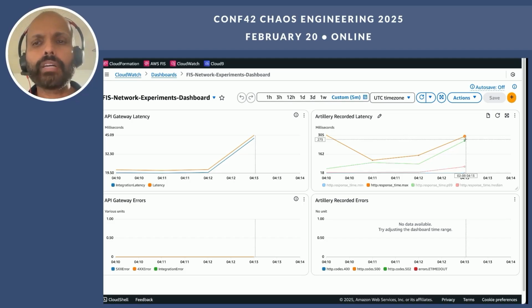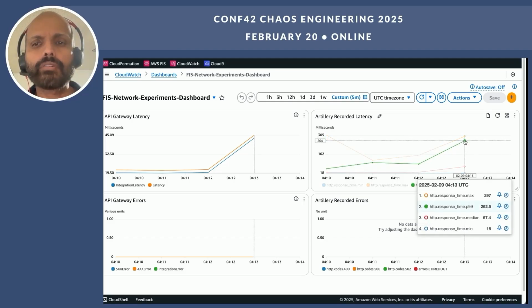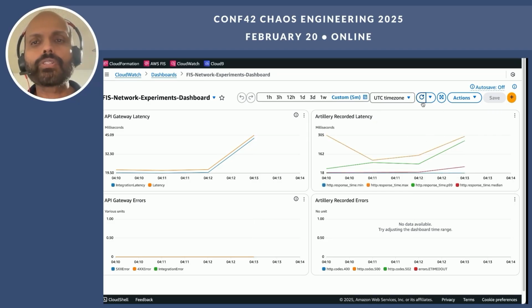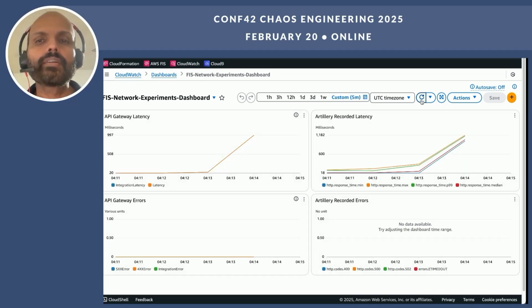So from 75 to 150, it's now gone up to 262 milliseconds, almost double the measure that we saw initially, and it is continuing to trend up. But we can observe that there are no errors. The application is still continuing to function well. There are no errors being returned from a user perspective or from a system perspective.